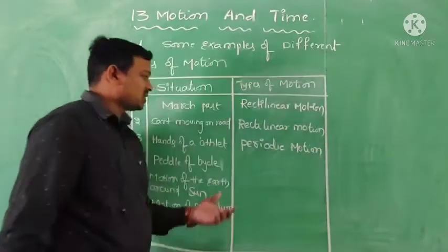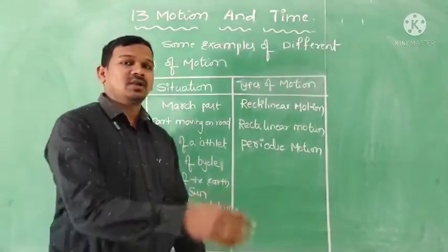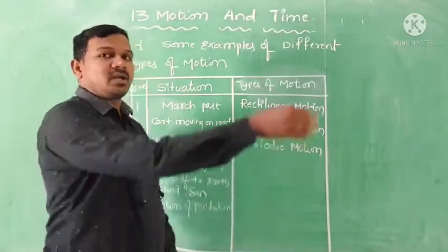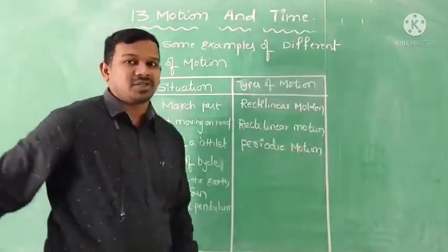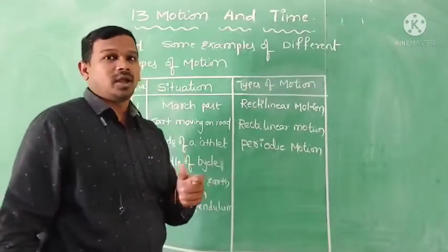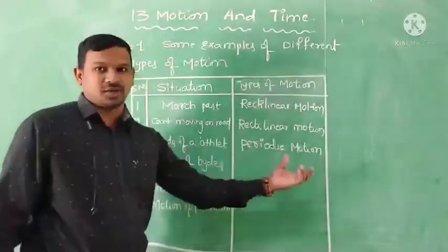Why can we call this a periodic motion? The hands cover the distance in a to and fro way. They cover the forward direction and backward direction in the same interval of time. So it is maintaining a particular period in that motion, and we can say that it is a periodic motion.